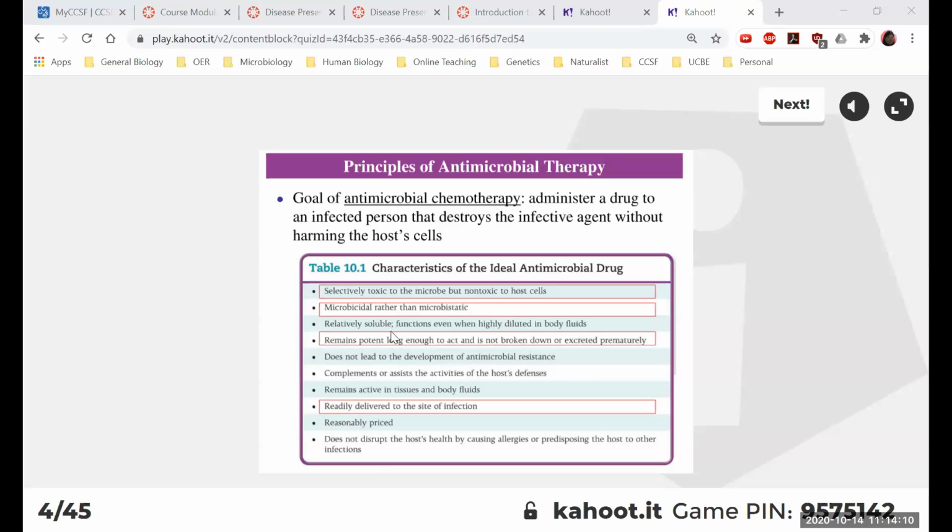Another consideration is that when a drug goes into your body, it gets metabolized by our body. So you want the drug to be in place long enough so that it can actually have an effect on bacterial growth. And you want the drug to be easily delivered to the site of infection. If it's just broken skin, it's very easy to deliver. But if you have a systemic infection, you have to use injection and other methods to deliver the drug. So those are all considerations.